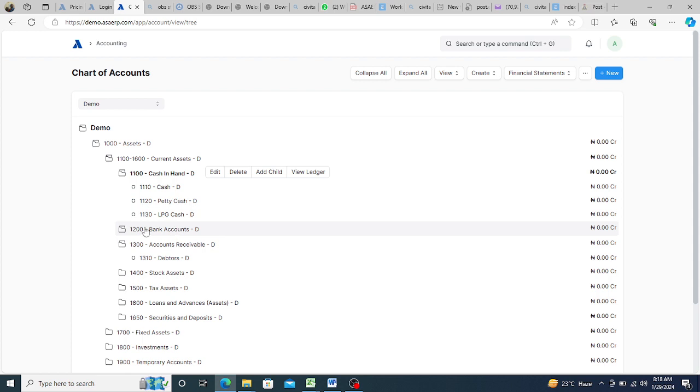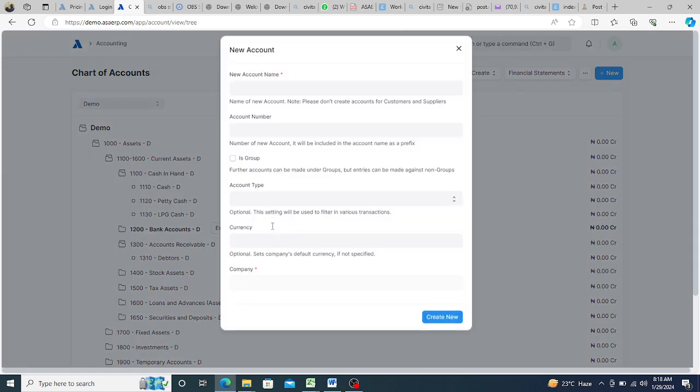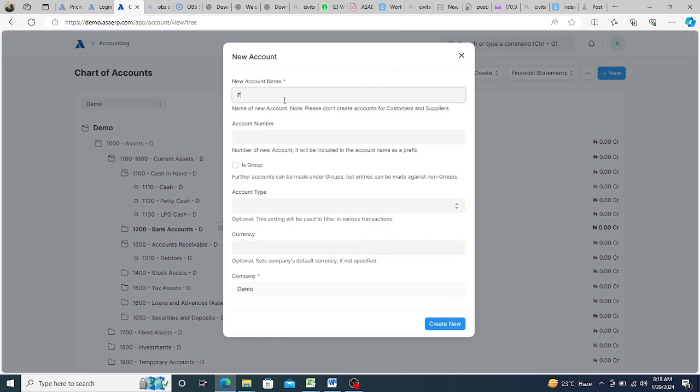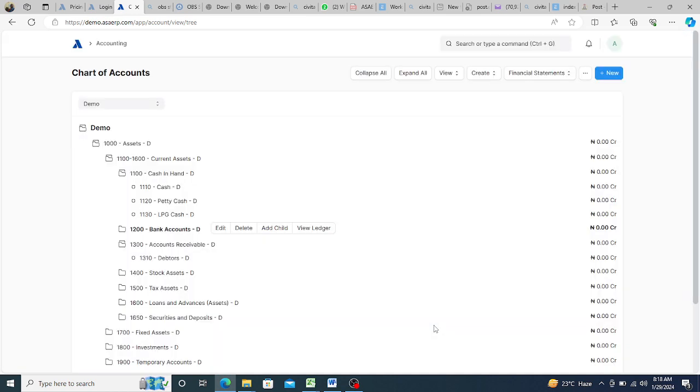Then let's add a bank account. You can see that nothing has been added here. The parent node is 1200, so the next account will be 1210. Let's create maybe our first bank account. Add. It's First Bank, number 1210. Account type is bank. Create new. It is added,